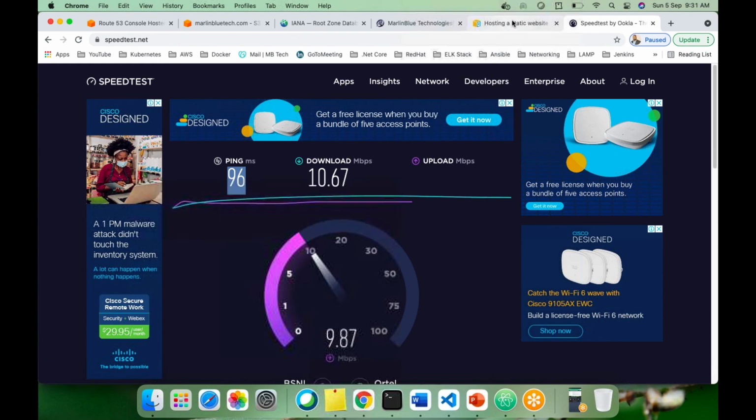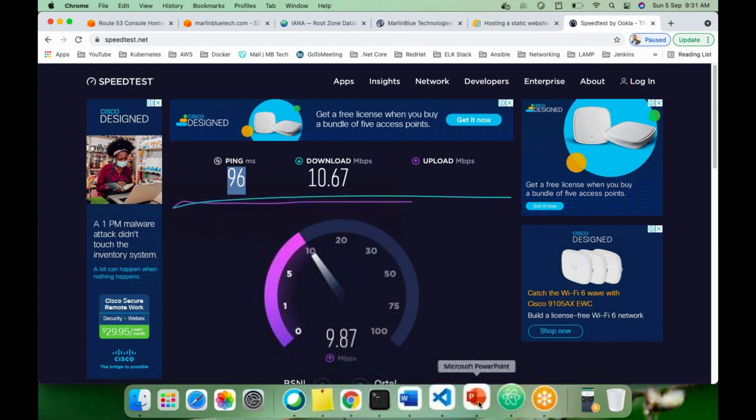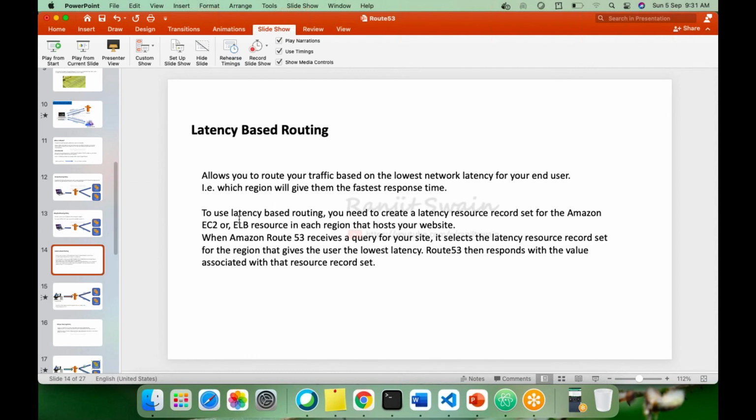Now, what happens, to use latency based routing, you need to create a latency resource record set for Amazon